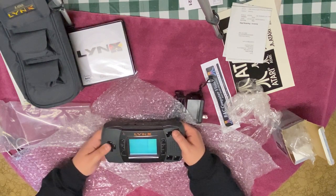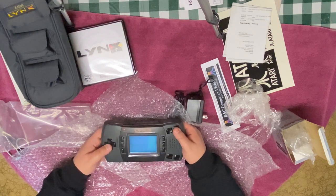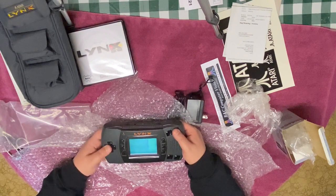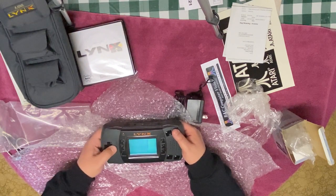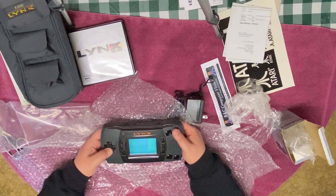See, the screen is not that bad to look at, especially considering how well stuff like the Game Boy and the Game Gear has held up. Because I think Atari actually knew what they had in their hands and decided to actually...